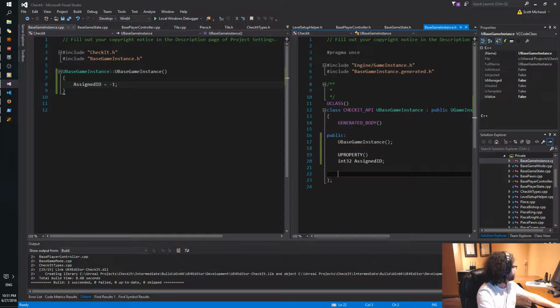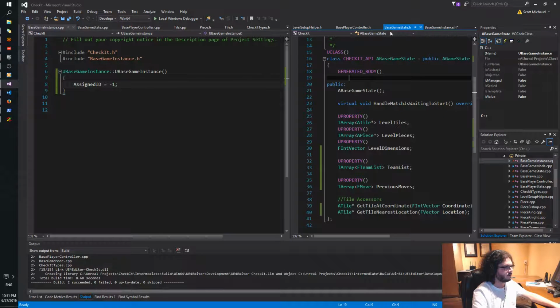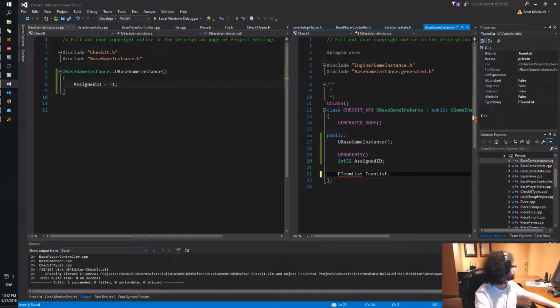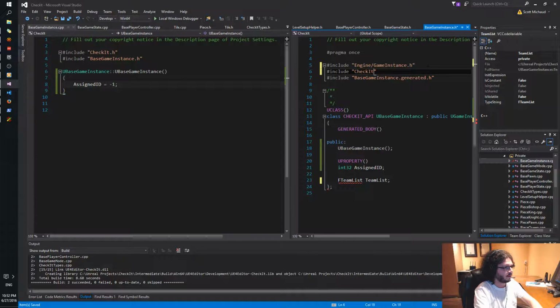So assigned ID, and then FTeamList, team list. Did I actually screw up there? Oh, jeez. Don't be silly, Scott. And we'll do include check it types.